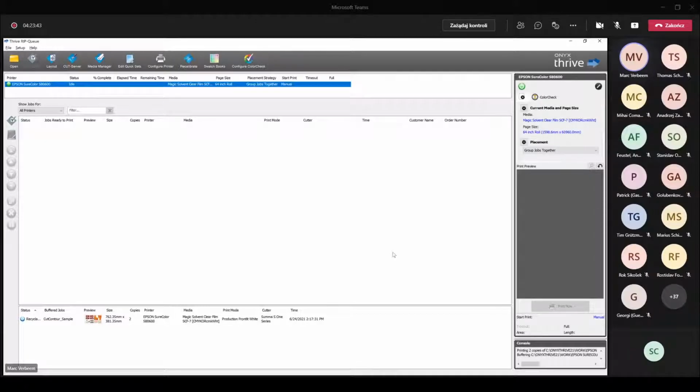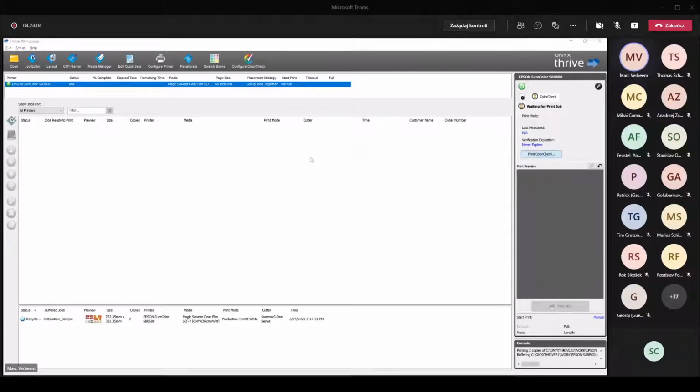One last part is basically the color check. So you see that in here, configure color check. You'll also see a button here, color check, and it says I did not do anything, last measured, and it never expires. Nothing has been done. If I click on this